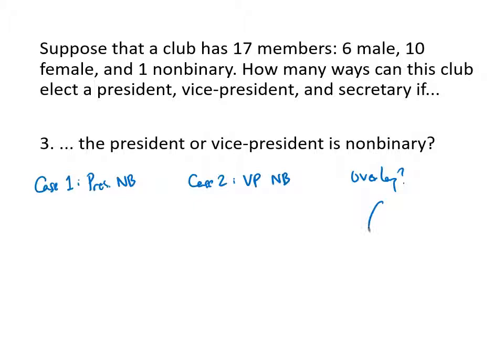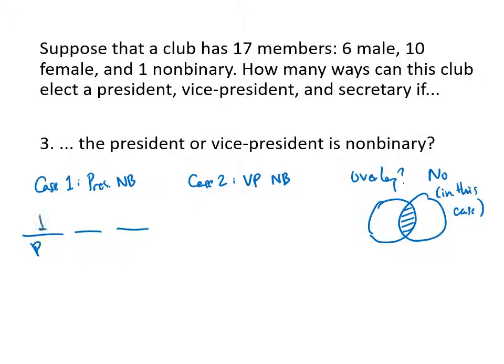And we have a situation where we have to subtract the stuff in the middle that we've counted twice. But in this case, because there's only one non-binary person in this club, it can't be that both the president and the vice president are non-binary. And so in this case, there's no overlap. But it's always something that you want to worry about when you want to use the rule of sums. So, since the president is non-binary,